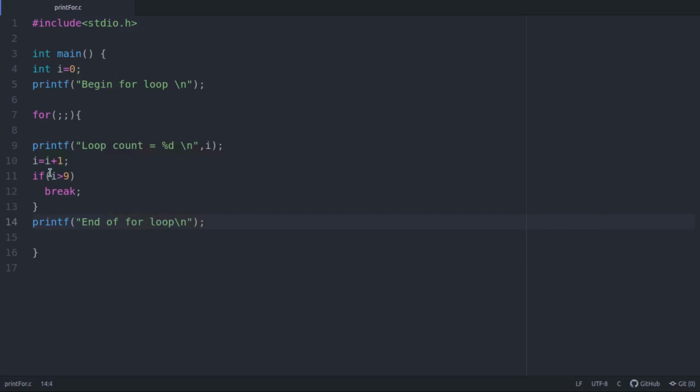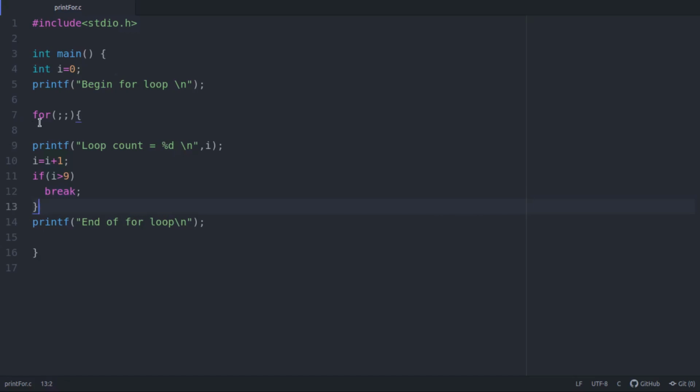If i is greater than 9, then break. Only if i is greater than 9 do you have to break it. Because 1 is not greater than 9, it will not break the for loop. It will skip this break statement and directly come here, which is end of for loop.